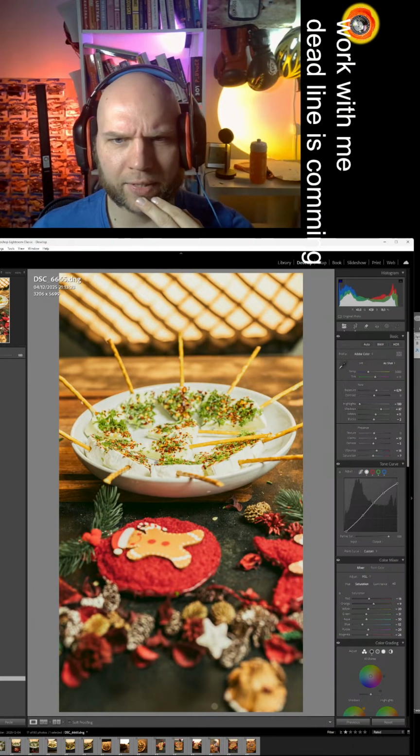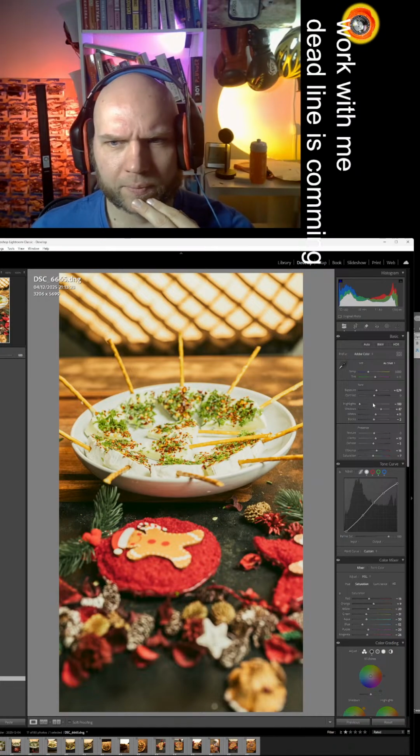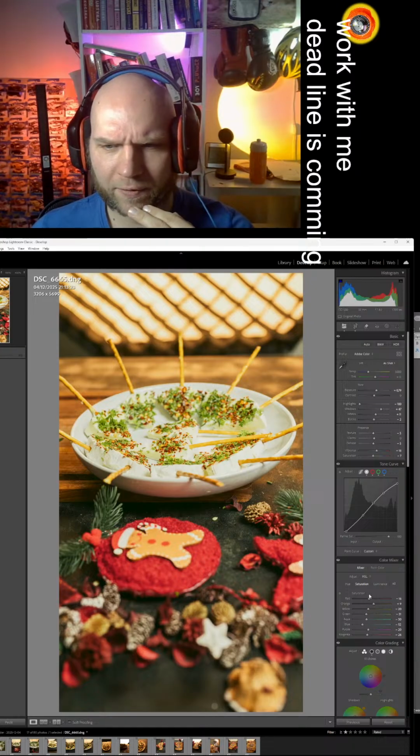We want to see more details over there. A little bit too bright. What is clarity? We don't want clarity at all. We can decrease some dehaze. That might be soft and festive.